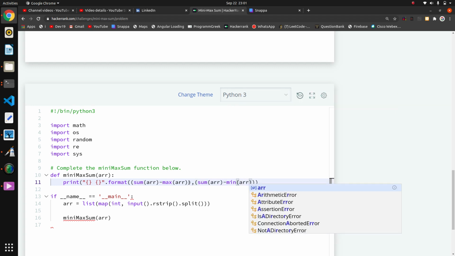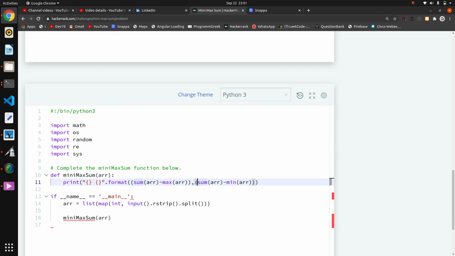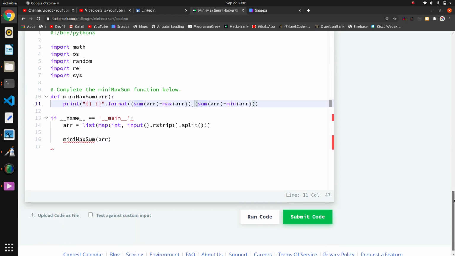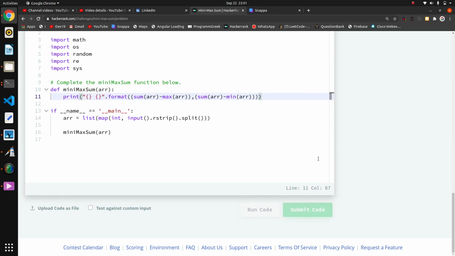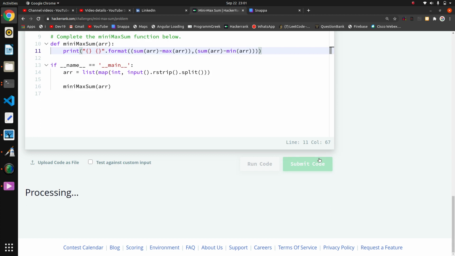I will check whether all the parentheses are okay or not. Yeah, I think the parentheses are good. Why was it giving an error? I think the last parenthesis was missing. Yeah, the last parenthesis of print was missing. I will directly submit the code and we'll see what is happening. I think it should work fine, but because of my net issue I think it will give up.